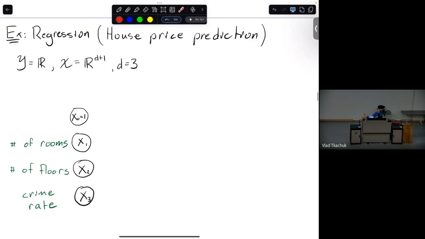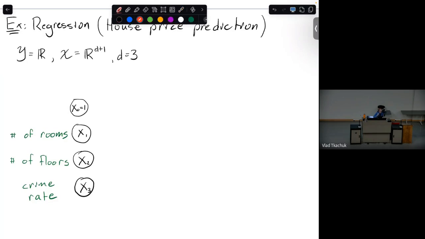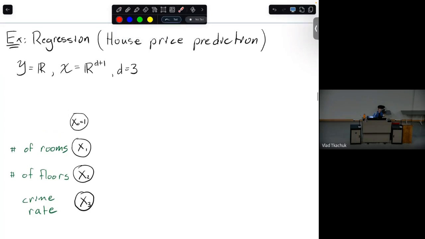Okay. So first, for the regression case, I'm going to build this example up as what you, as a human, might think to learn if you were to manually write this out, and then you'll see how this relates to the neural network. Imagine you're in this regression setting, and your Y, your labels, are just real numbers. They're going to represent house prices. And your input is the feature vector we've always seen, and let's just say the dimension is 3.